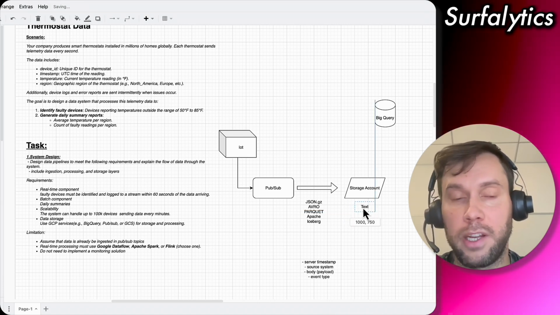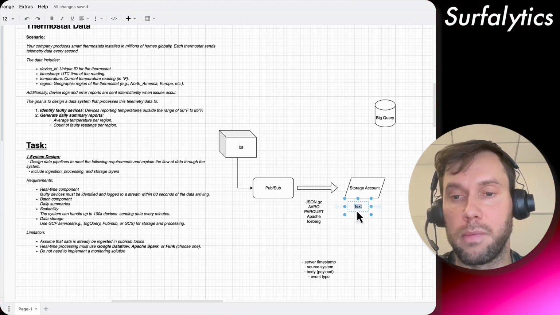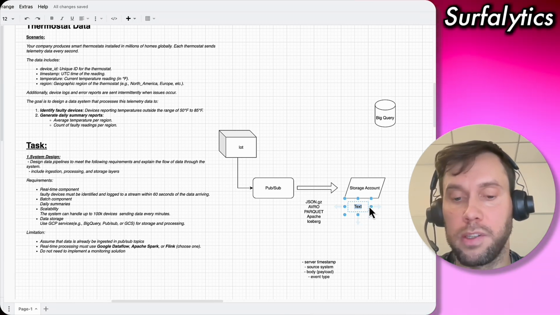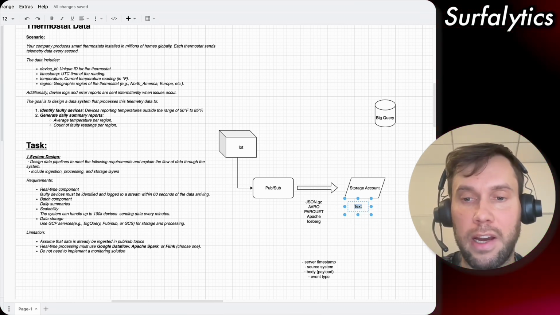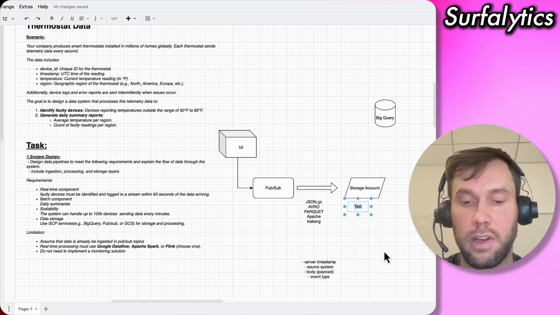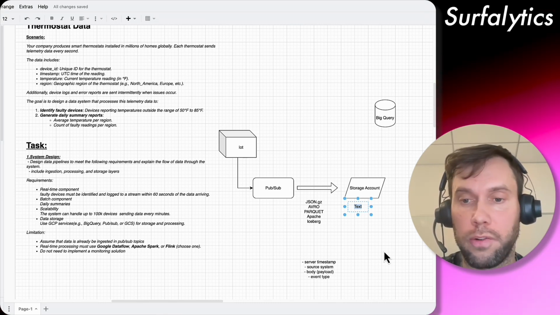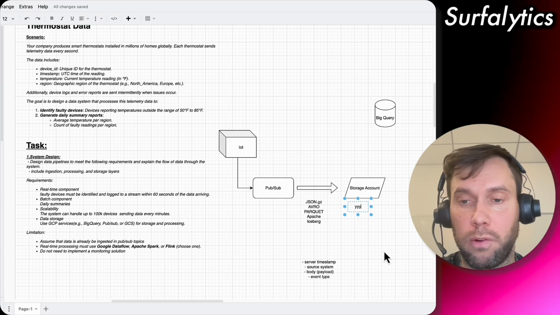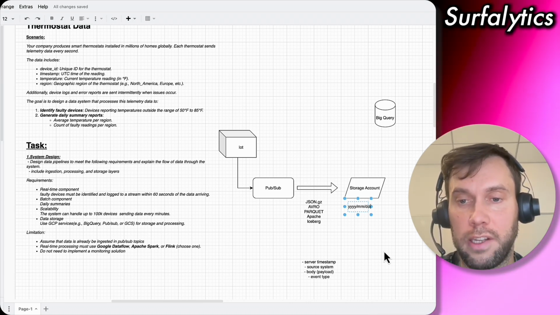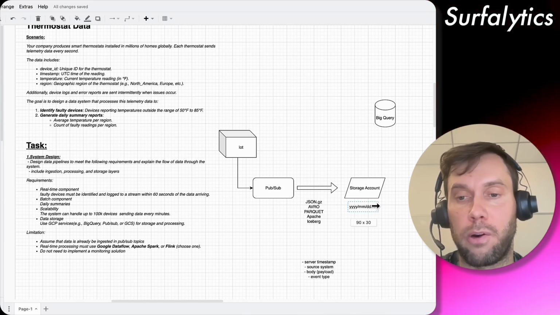Ideally, I don't want to just write all the data into the same folder in the storage account. That's why I want to have some kind of partitions, and here I need to introduce the structure of the storage account. Usually with telemetry events, I have a folder for year, month, day, and hour. This is my structure, and it means the stream will write to the dedicated hour.